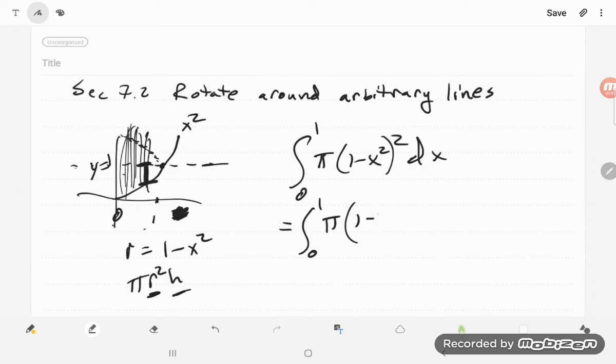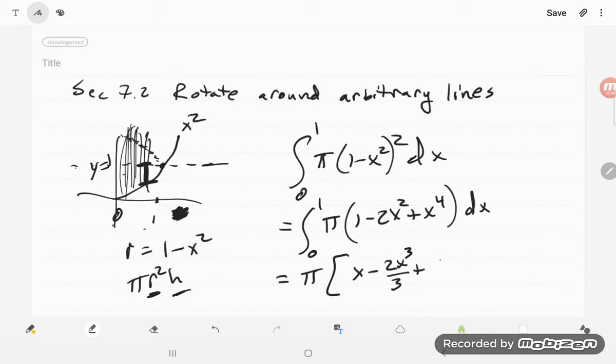I get 1 minus 2x squared plus x to the 4th dx. And so that's pi times x minus 2x cubed over 3 plus x to the 5th over 5